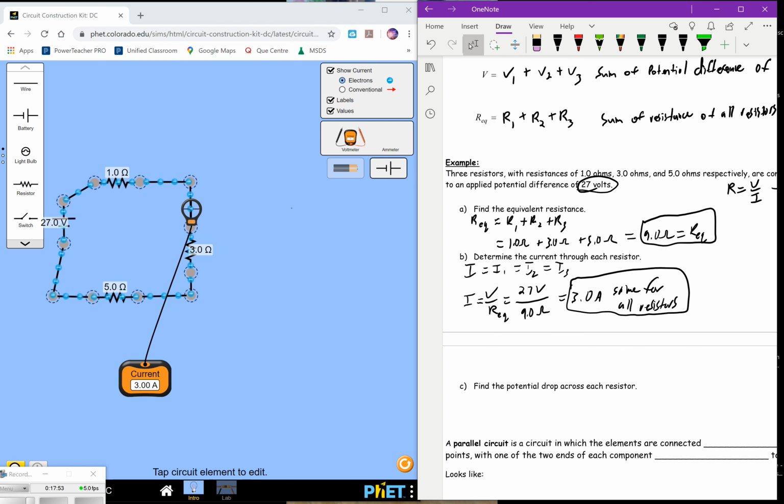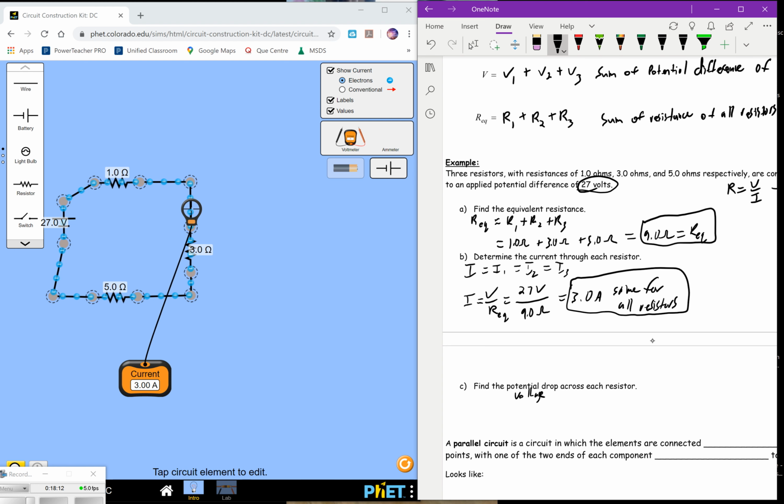And you can go through and label that for each one if you'd like. I'm going to put a little notation in there that it's the same for all resistors. Part C wants us to find the potential drop, otherwise known as